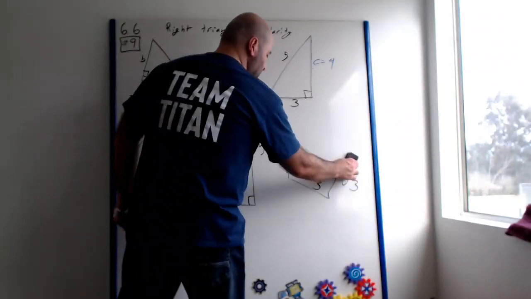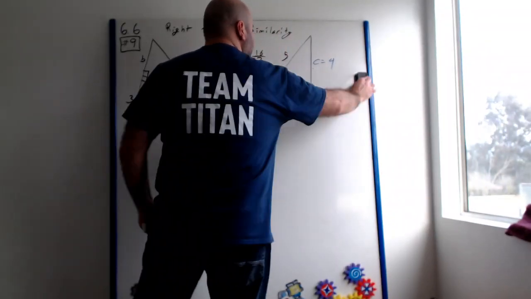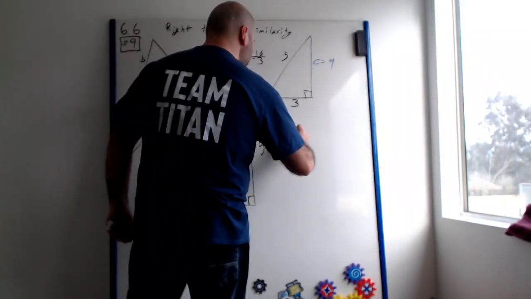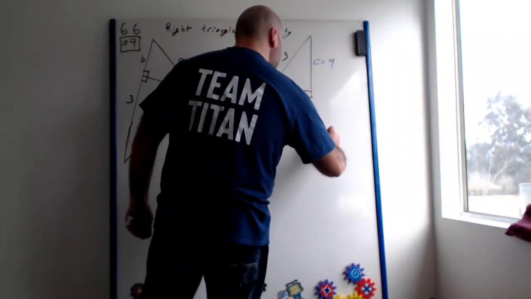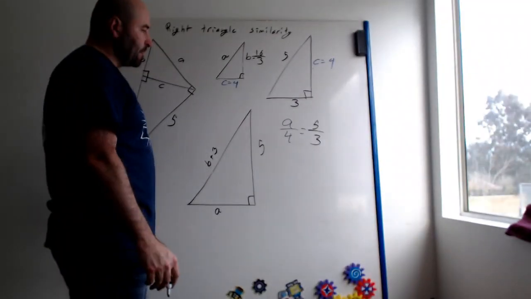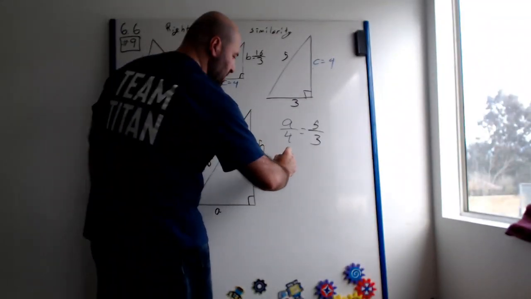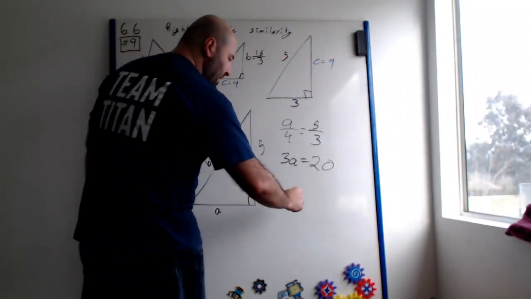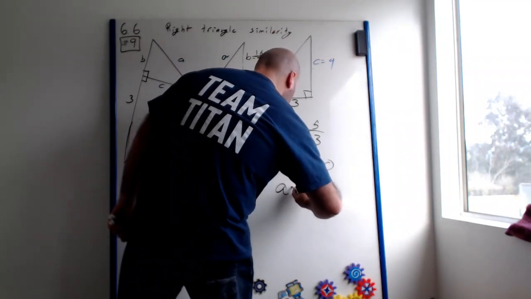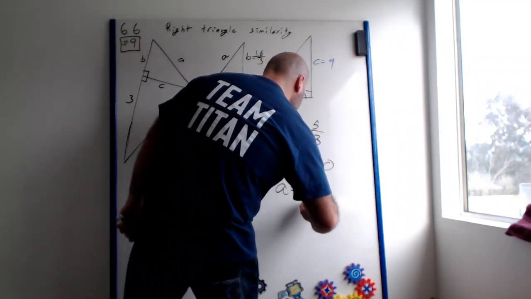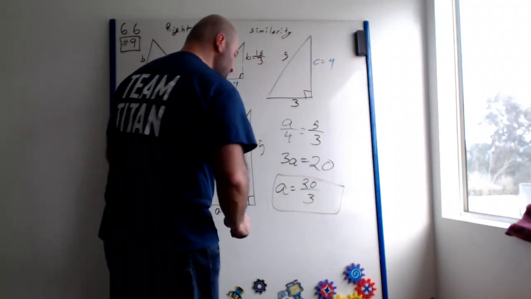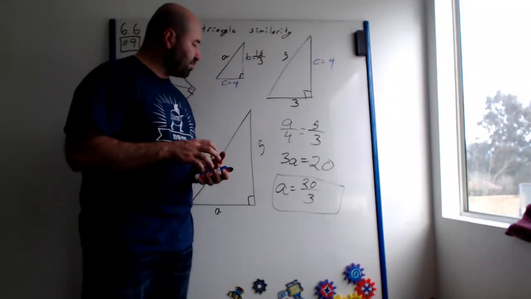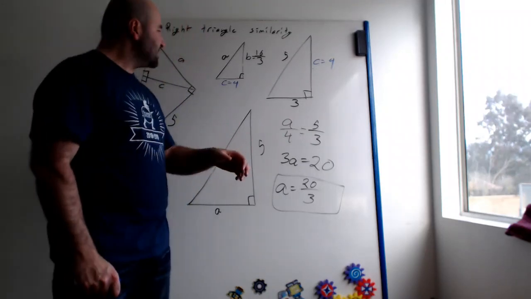So same process. A is to 4, as 5 is to 3. And cross multiply. 3A is equal to 20. Divide by 3. A is 20 over 3. And that's kind of the biggest part about this, is being able to take the large